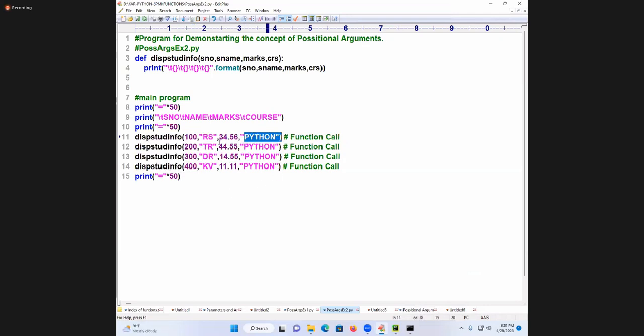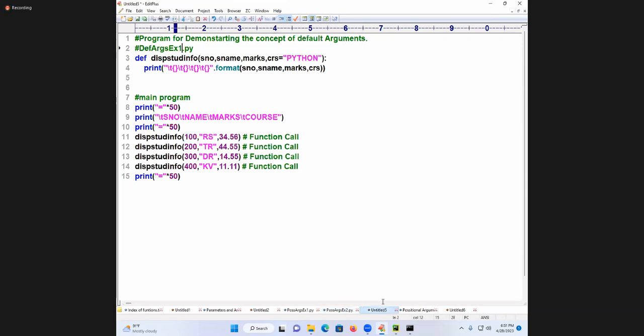Don't pass that common value as a positional argument. You pass it as a default argument. Why? One time only you are specifying, and only 3 times you are sending the specific data. That gives higher performance to your application.